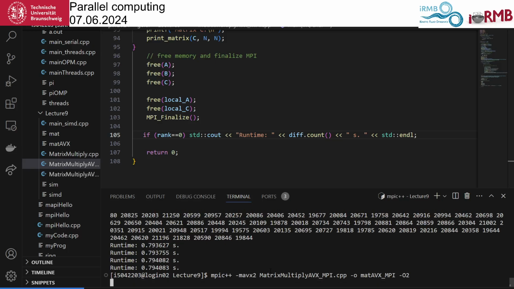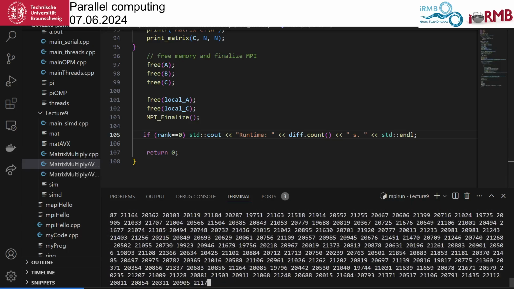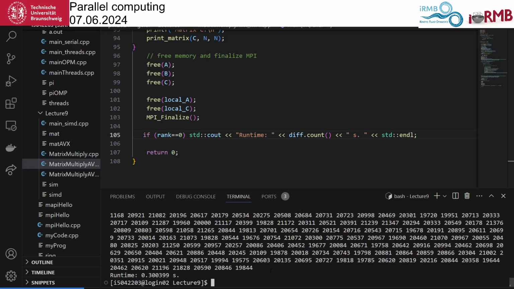Okay, compiling it. So it was 0.79 seconds for 4 processes. Let's take 16. Okay, so it's faster, but not 4 times faster.